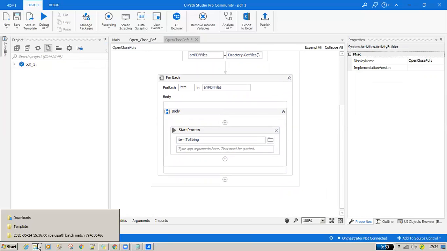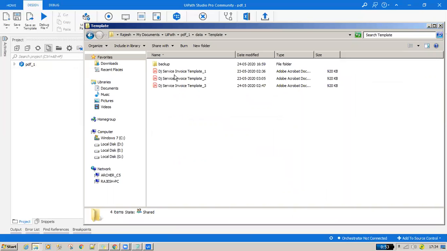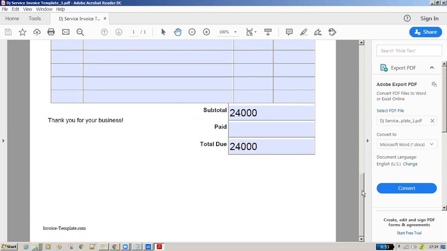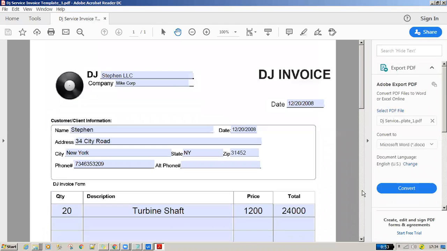Let me tell you one more thing. Once you open your PDF, my position on the page is at the bottom, and I want to make it the top of the page. There is a keyboard hotkey, Page Up, which takes the cursor to the top of the page.